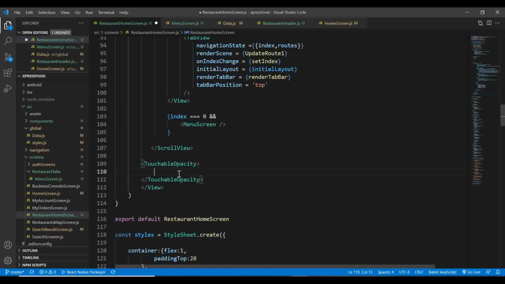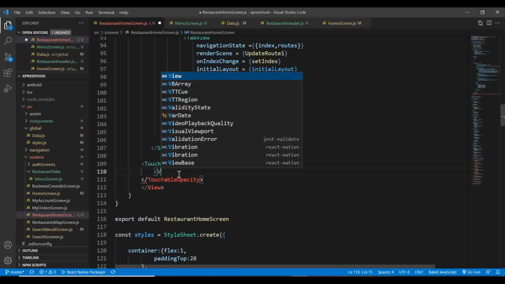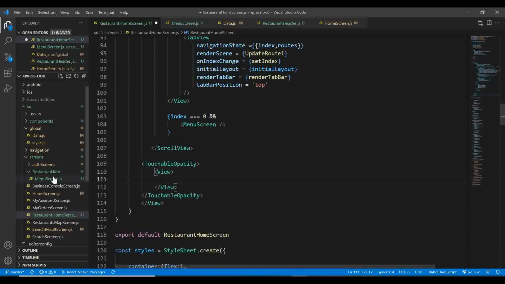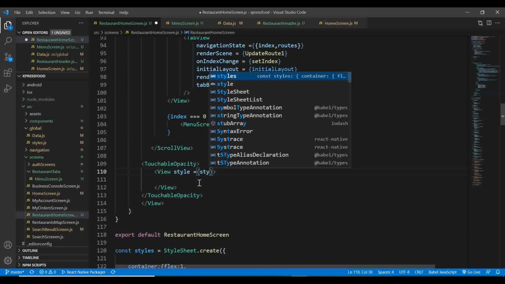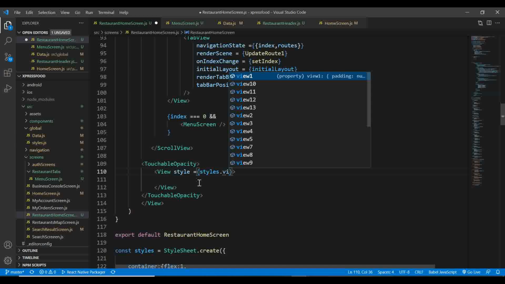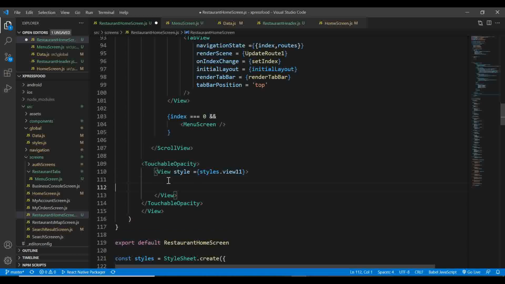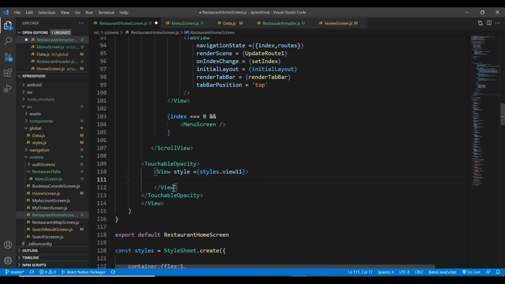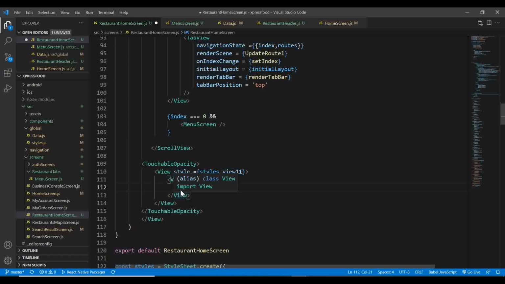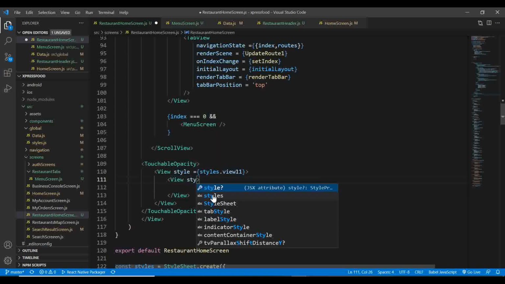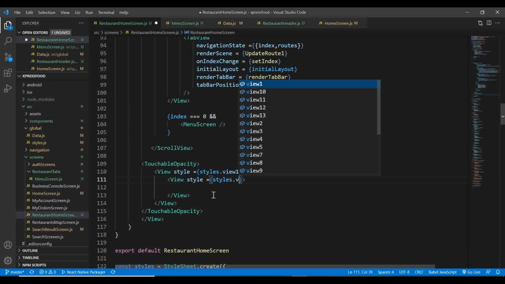And I've opened the touchable opacity component, and inside this I'm going to open a view component as well. And inside this view you can pass a style to it, and the style will be styles.view11. And inside this view we're going to create another view, and we need to pass some styles as well to this view. Gonna pass style equal to styles.view12,